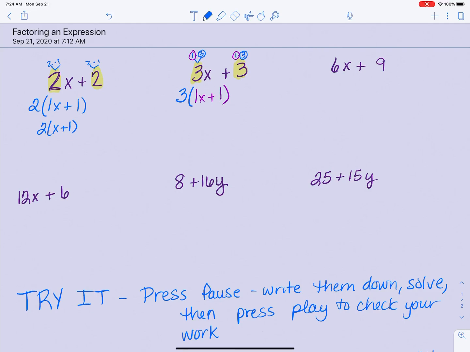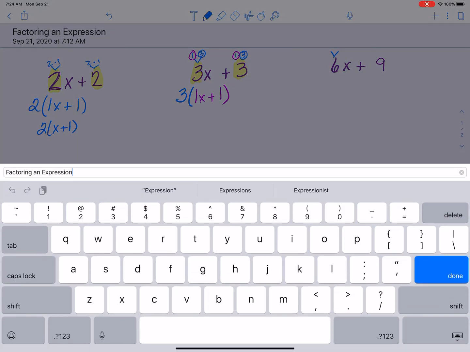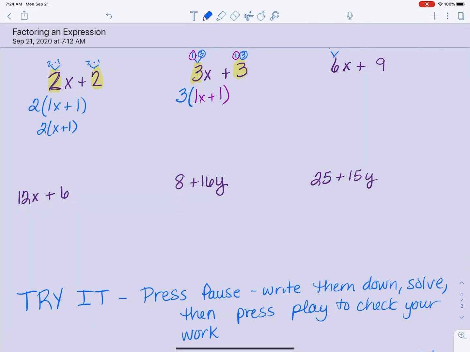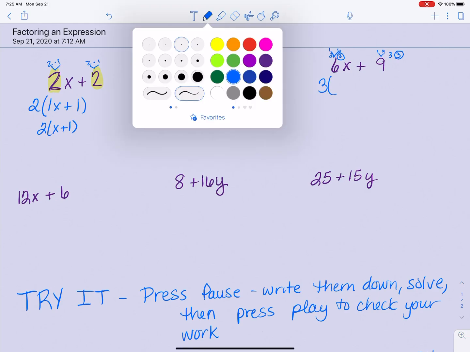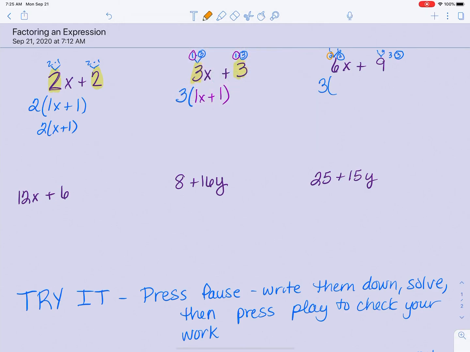So this one is a little bit more difficult. We have to, again, list factors. So we have 1 and 6. We have 2 and 3, and that's all we have. But 9 has 1 and 9, 3 and 3. So notice that they have the 3 in common. So I'm going to pull the 3 out, and I'm going to write the terms that are left. So 2x plus